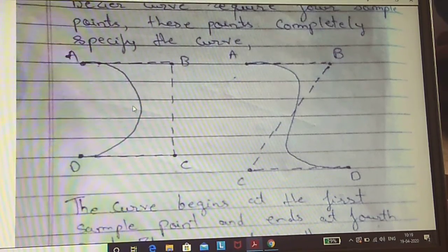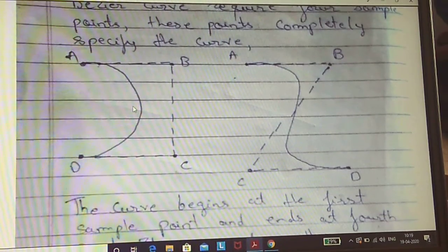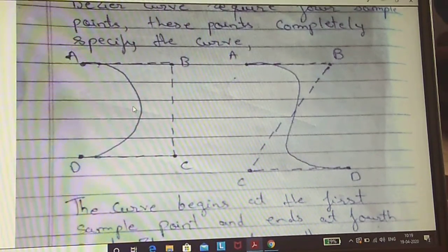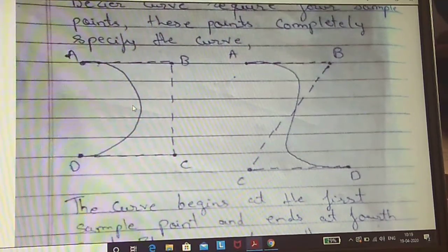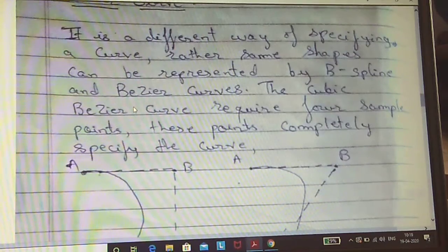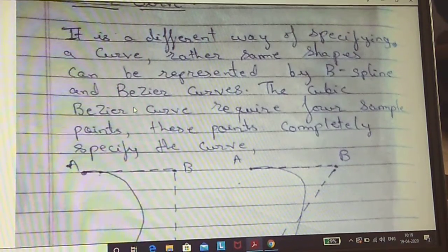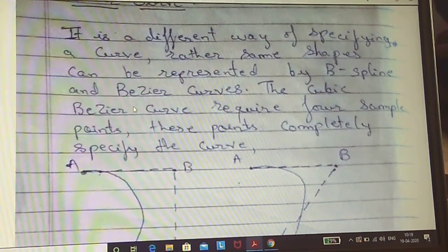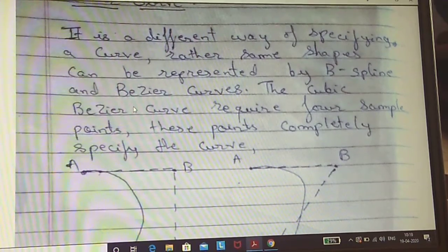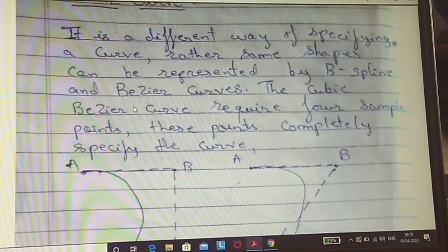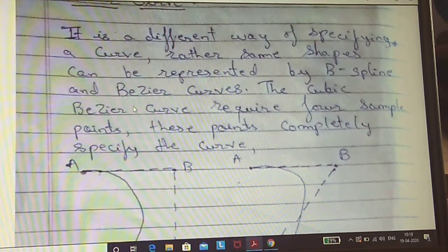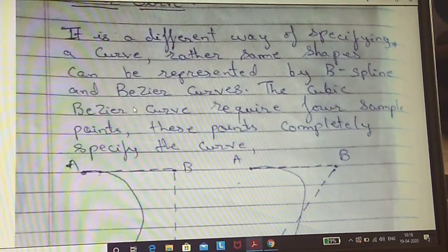So a cubic Bezier curve indirectly specifies the endpoint tangent vectors by specifying two intermediate points that are not on the curve. So did you get it? Bezier curve, midpoint subdivision, as well as cubic Bezier curve, these terms are very simple and very easy to explain. So just go through it and don't skip these topics as these are very important from the exam point of view. Also, I will tell you the basic properties of Bezier curve in short.